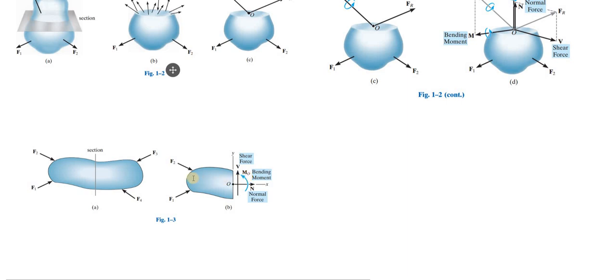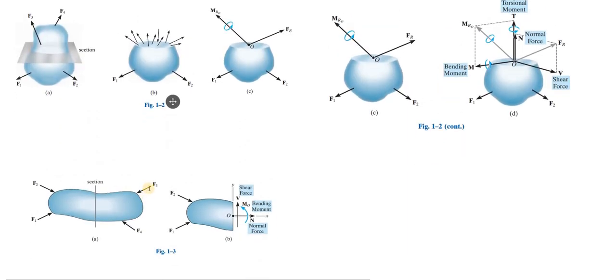You see, for twisting, it is necessary that, for example, some force is acting somewhere into the screen or out of the screen, at some distance. So in this particular case, when coplanar loadings are being applied, there are only these components, as you can see. And you have been very familiar with how to calculate normal force, how to calculate shear force, and how to calculate bending moment. There are separate chapters on these internal loadings, normal, shear, and bending moment. And I hope you have been through these in detail.